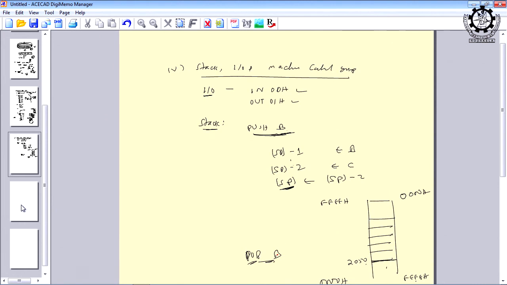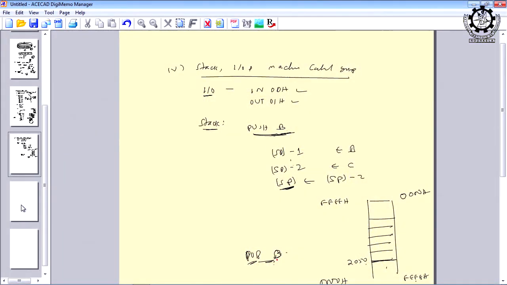We shall see which is loaded first, whether the C content or the B content. Always the top of the stack will be retrieved first, and that will be stored first in the lower order register, that is C. Then the second one will be stored in B. So, these are the two instructions.